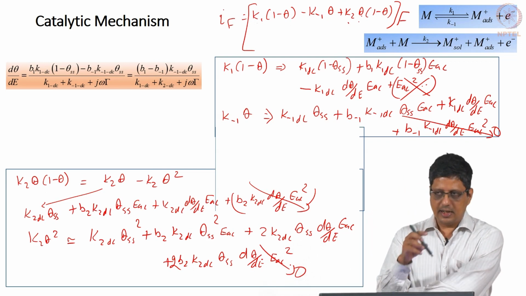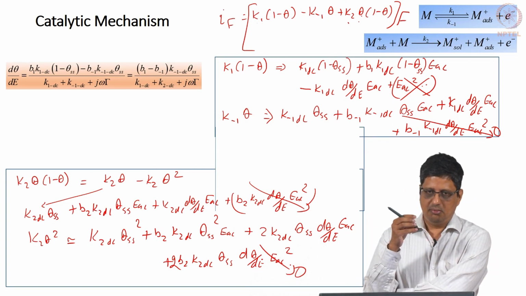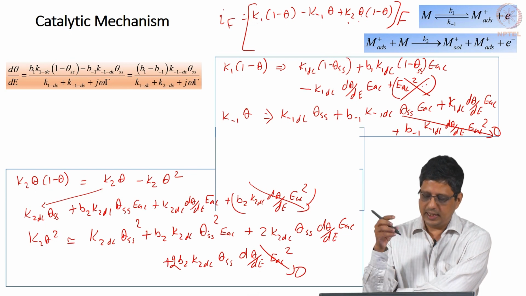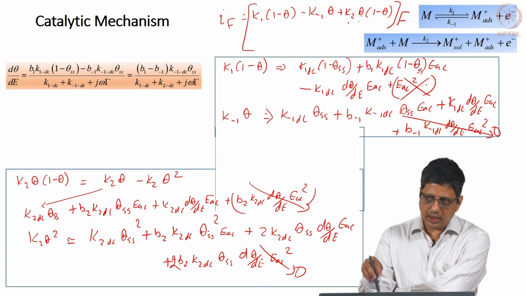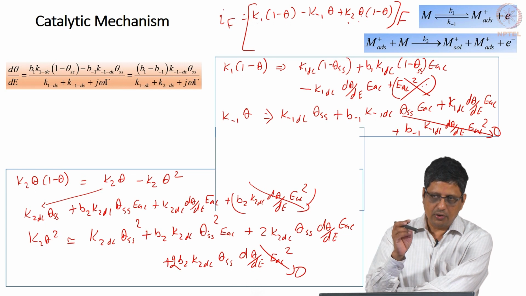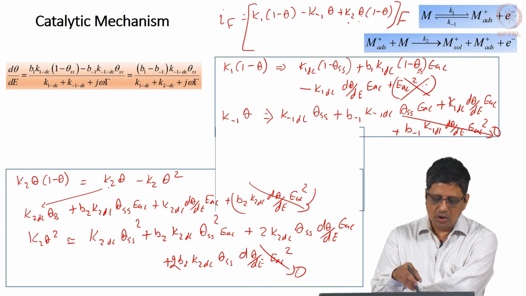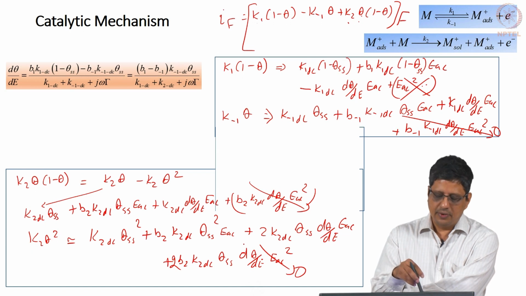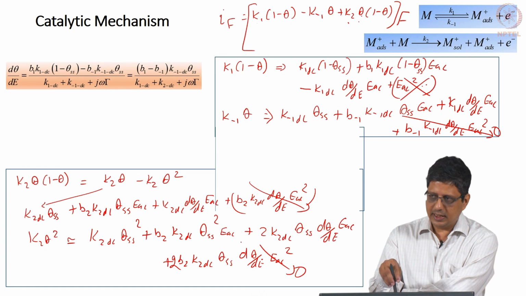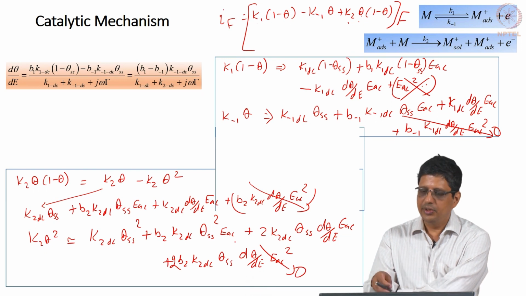The thing is, it is a second order reaction. Therefore, you are still going to get only d theta by dE. To determine the d theta by dE, you do not have to worry about this at all. To determine the current, you will have to look at this as the second order equation, and you will get an expression which is a little lengthy. You have to do it with care, but you will get the expression here.